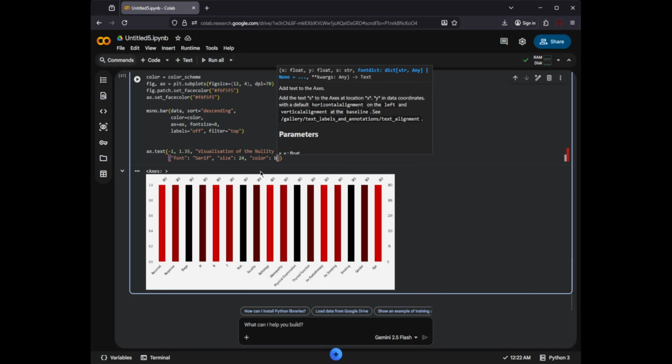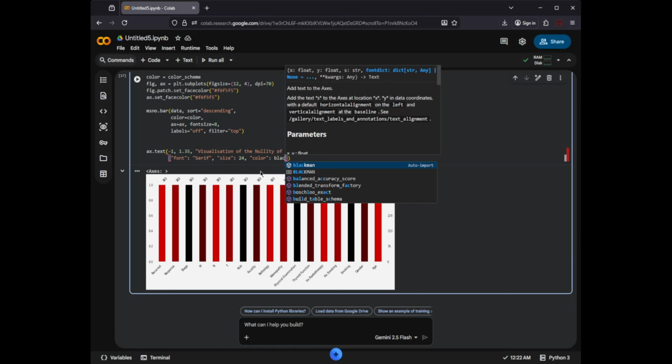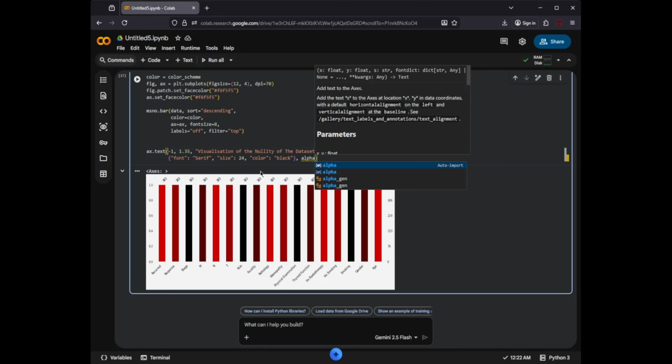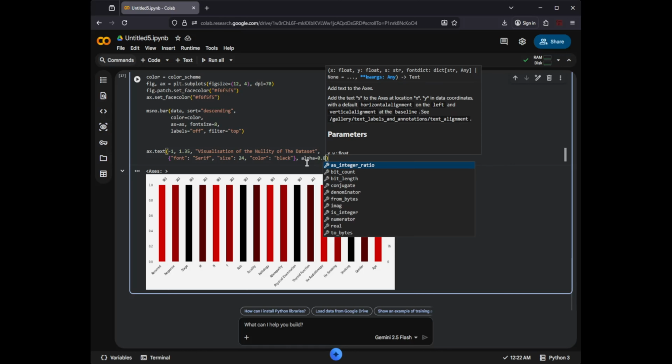Let's say black. I'm typing faster than my head. Then alpha 0.8. Okay,